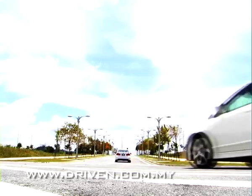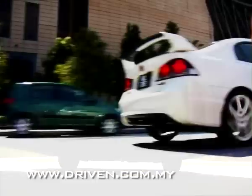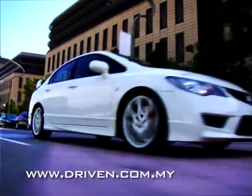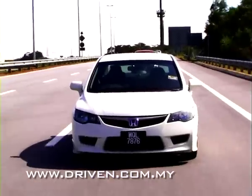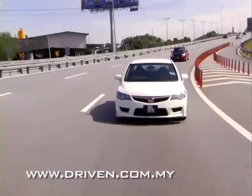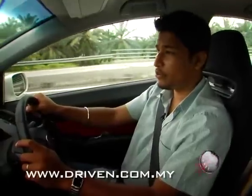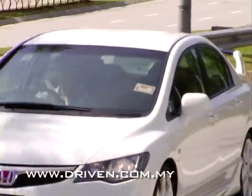Nitrogen is a colorless, odorless gas used to inflate tires of racing cars and heavy vehicles. But for us normal blokes, should we pay 5 ringgit per tire for nitrogen gas? Driven puts it to the test to find out how much fuel you can save and how much performance advantage you can expect. The air that we breathe, which is commonly used to inflate tires, contains up to 78% nitrogen,